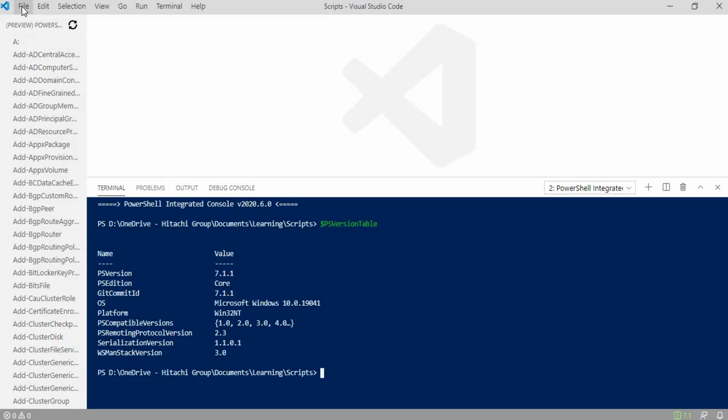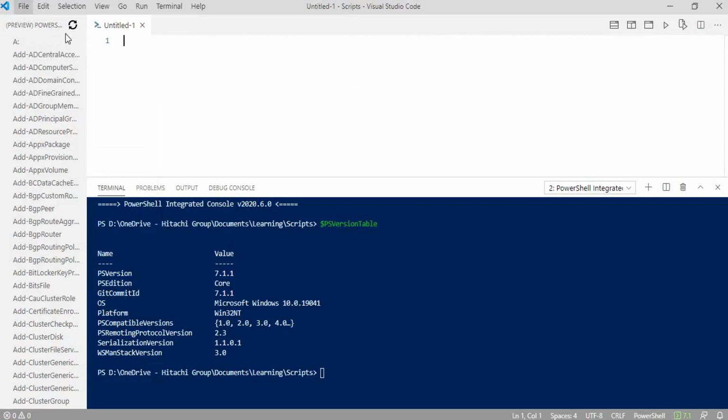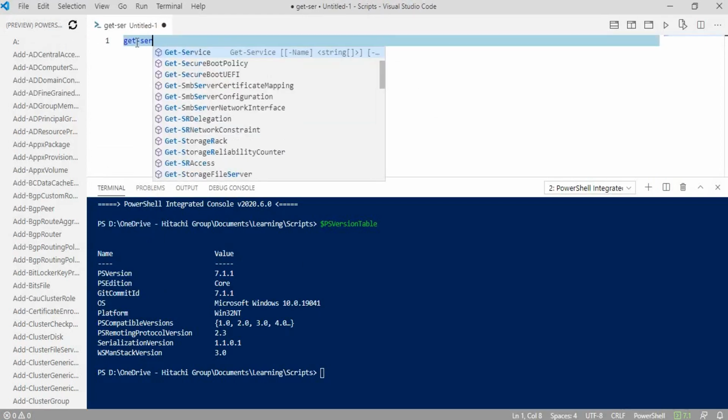In case we want to create a new script, we can create a new file and type Get-Service. As you can see, we are getting our IntelliSense as well. If we try to type some command, we get hints for its auto completion like we saw in PowerShell ISE.